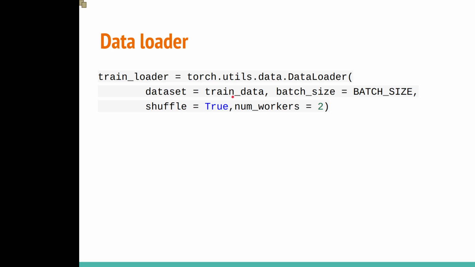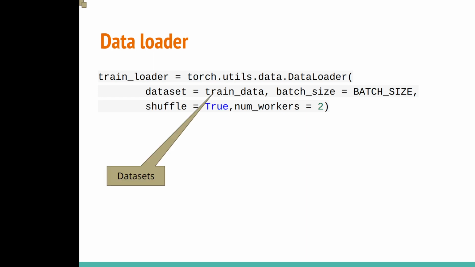And we want to load the data in multiple threads so that we can use more CPUs to load the data so that the CPU can provide the data quickly enough for the GPU to consume it. Since the performance of the GPU is very fast today, typically we need to use a lot of CPUs to prepare data so that the GPU will not be idle waiting for the data from the CPU.